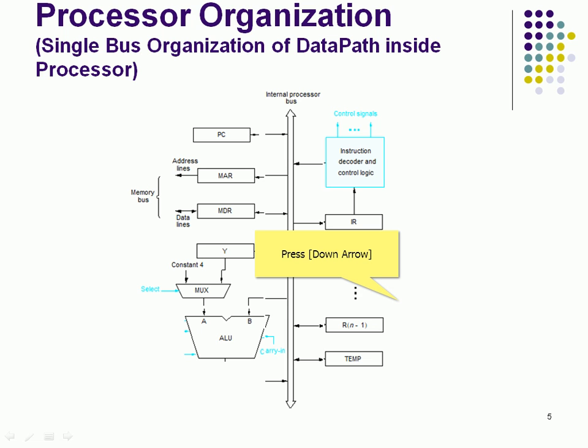Anyhow, the data roaming in the processor bus will automatically get in here. So A and B are available at the ALU, which performs some arithmetic or logic operation. That result is placed in the Z register. Z is connected to the bus, so the resultant value will be pushed into the